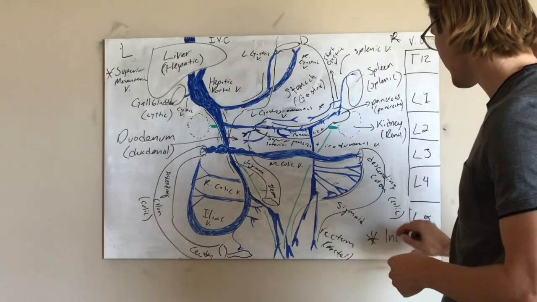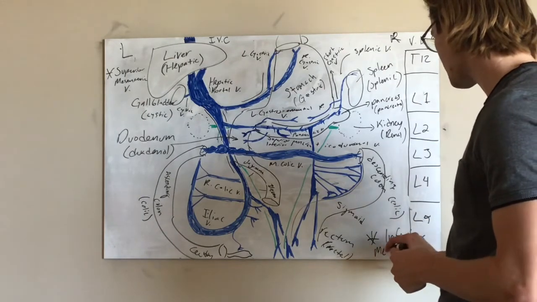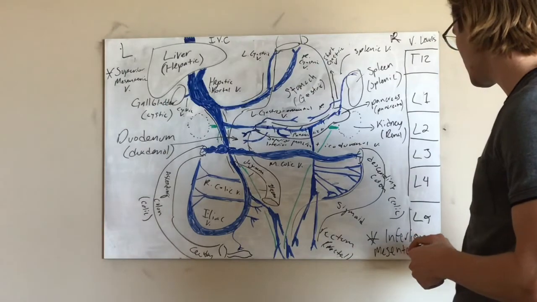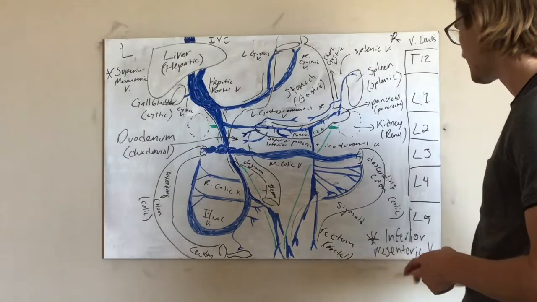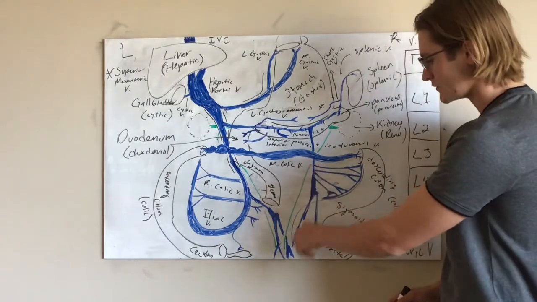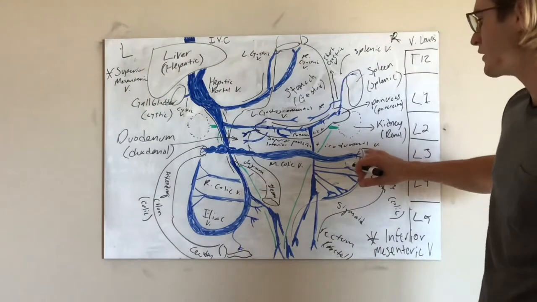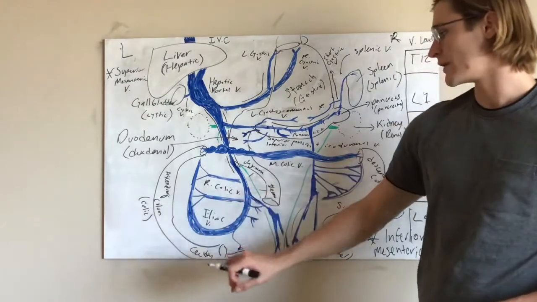We're going to have the inferior mesenteric vein. Inferior mesenteric vein. And the inferior mesenteric vein is going to have a couple different branches. So let's start over here. Well, we have the right colic vein. We have the